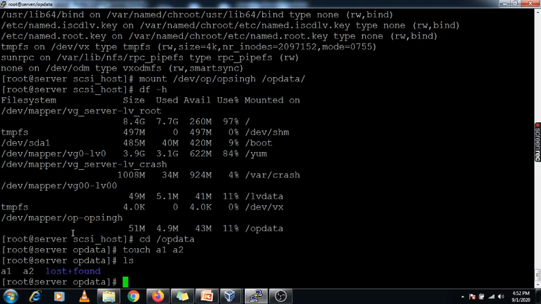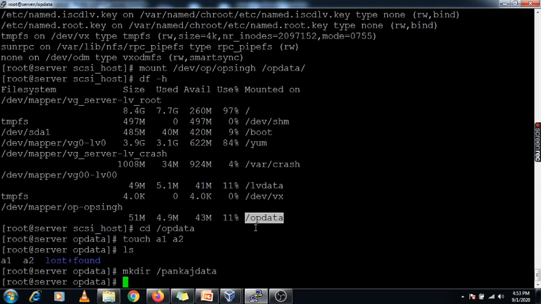So always when you are creating any data, this data only keeps inside this file system, not under any mount point. So this is my mount point. If suppose this mount point changes, at that time this data will keep inside this file system, not under this /mnt/opdata. I am creating another directory, that is Pankaj data.